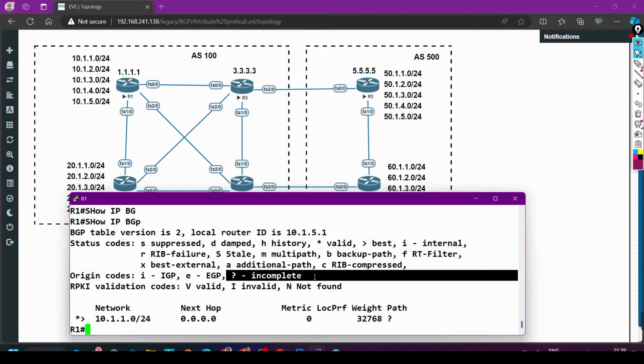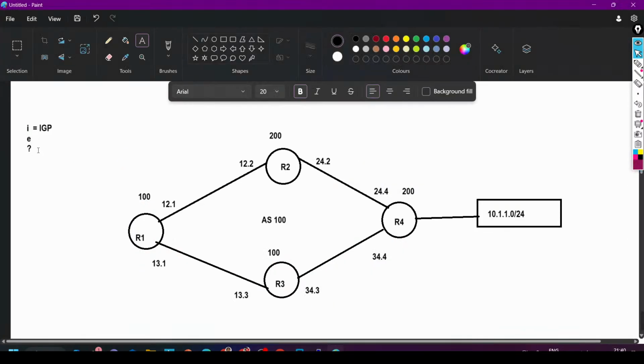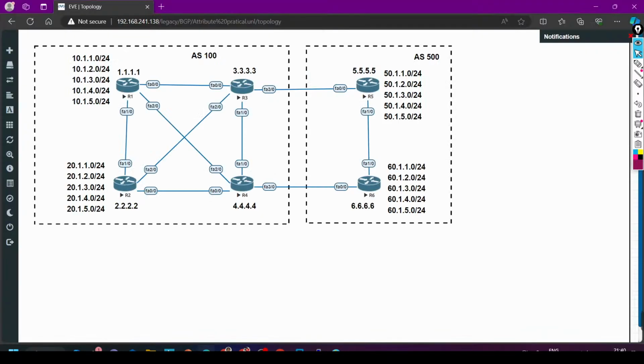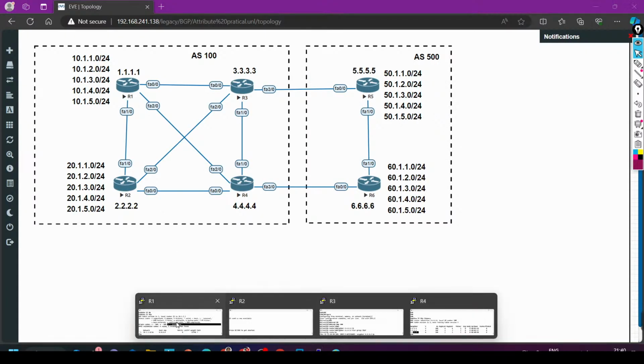Origin code will be incomplete for a redistributed prefix, right? So if we are advertising a prefix with the redistribution method, then origin code will be question mark. If we are advertising a network with the network command, like on router number 1, if I remove the redistribution command